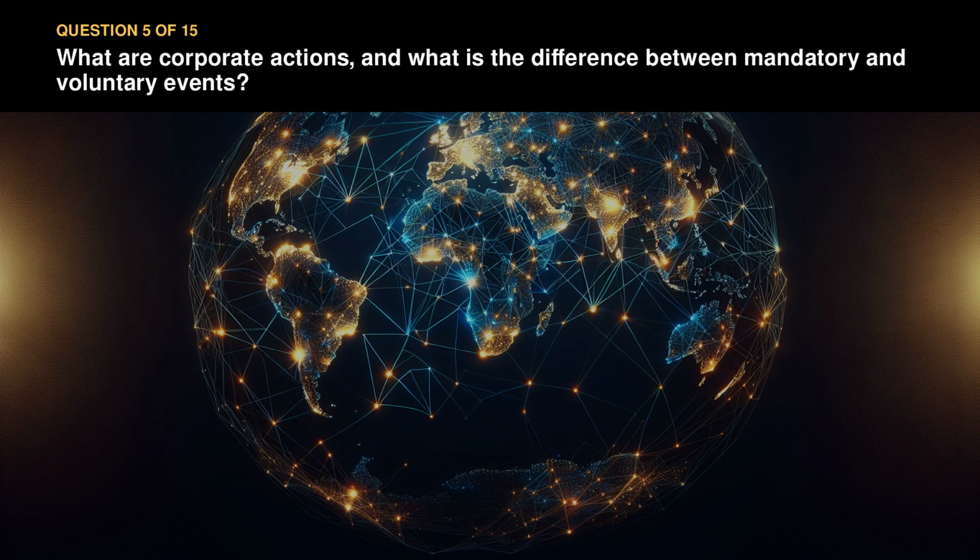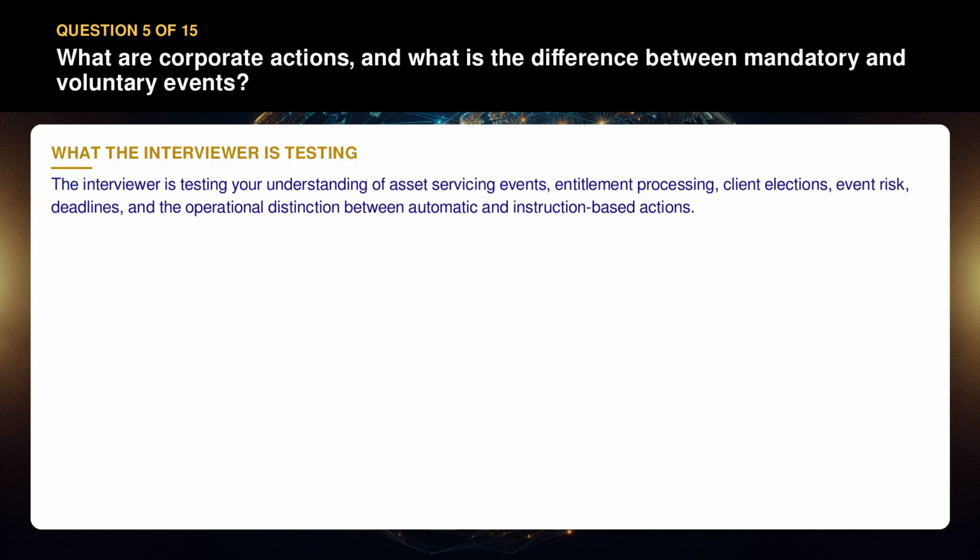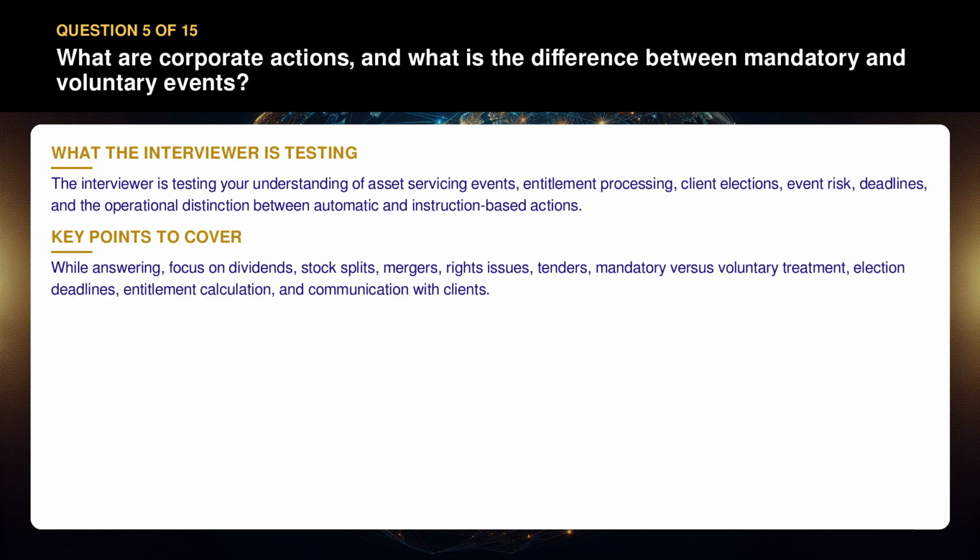Question 5. What are corporate actions, and what is the difference between mandatory and voluntary events? The interviewer is testing your understanding of asset servicing events, entitlement processing, client elections, event risk, deadlines, and the operational distinction between automatic and instruction-based actions. While answering, focus on dividends, stock splits, mergers, rights issues, tenders, mandatory versus voluntary treatment, election deadlines, entitlement calculation, and